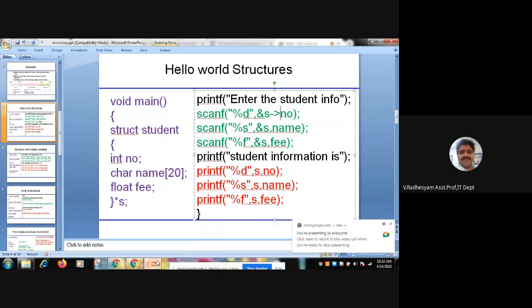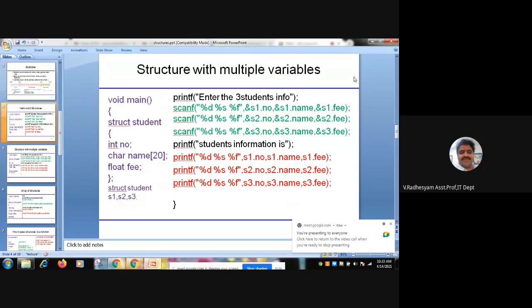Yes, friends. If it is a normal variable, then the dot operator is sufficient to access the elements. Right? This is a simple structure.